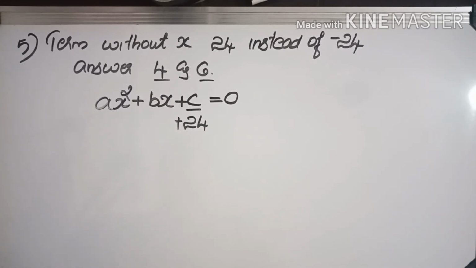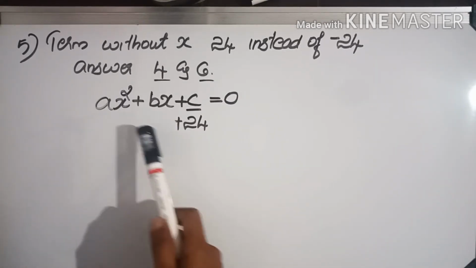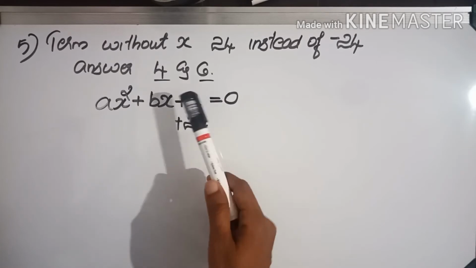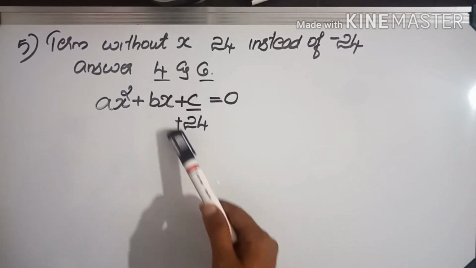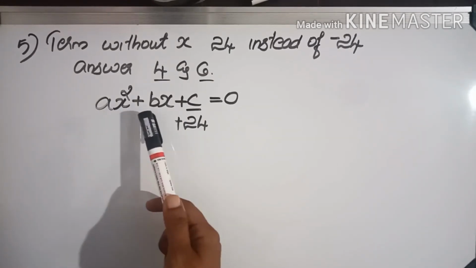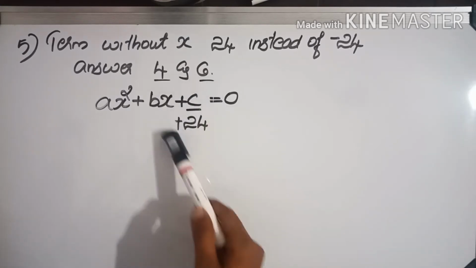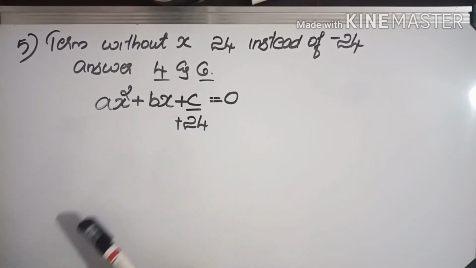So before that, first we need the second degree equation. The wrong second degree equation we need. If we get the wrong second degree equation, we can change that equation only here. The remaining two, the coefficient of x square and the coefficient of x, are correct. Only here we made a mistake. So let's find the correct equation first.